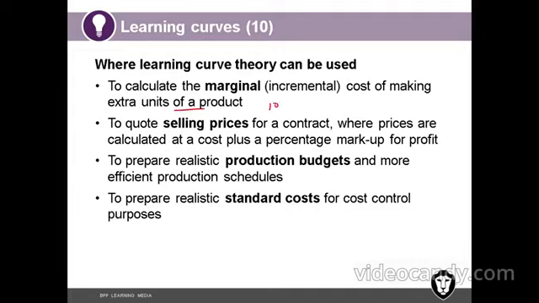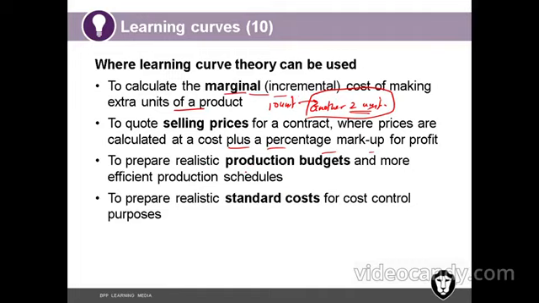See, let's say you are already making 10 units. Now you are getting a special order for another 2 units. Special order, so you want to give it at a low price. So you can apply the learning curve and find out for these extra 2 units how much extra labor is going to be consumed. That's the meaning of marginal, right? Incremental. When you make extra units, how much is the extra cost? To quote selling prices for a contract where prices are calculated at cost plus percentage markup, because labor cost you are going to find using the learning curve. So wherever cost is needed, cost plus pricing is needed, you can apply this to prepare realistic production budgets and